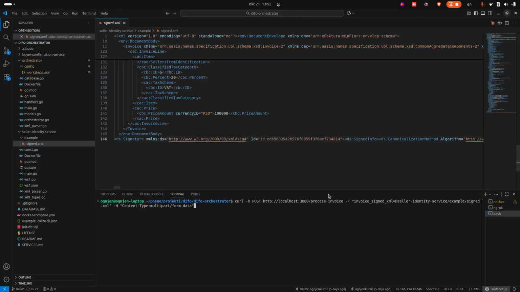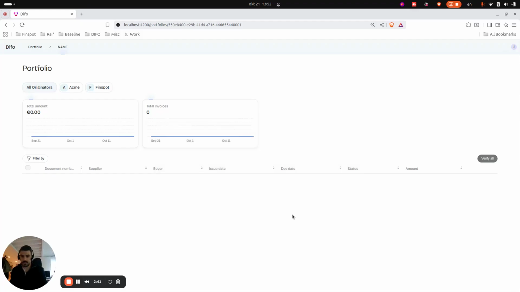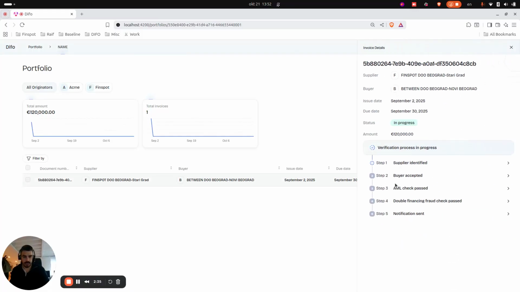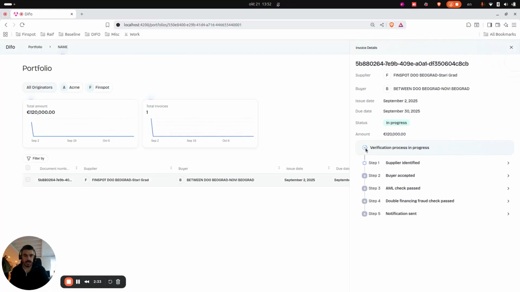I'm going to simulate this trigger. So Finspot is sending the input to the instance just by triggering this command. And what you're going to see now is that the asset is being added to the portfolio, and the status of the asset is in progress, meaning that for this particular fact of identifying the seller,